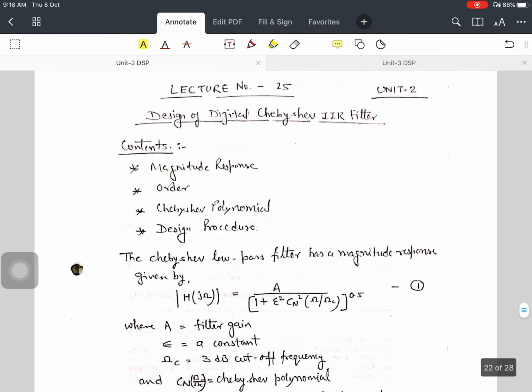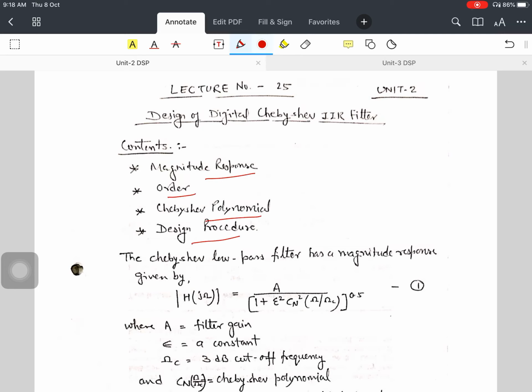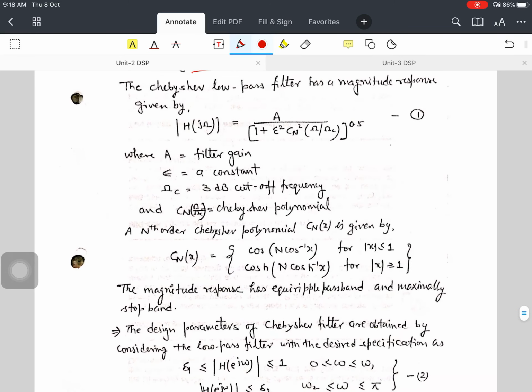There are some points to discuss: firstly magnitude response, order, Chebyshev polynomial, and design procedure. So let's discuss the Chebyshev low pass filter, which has a magnitude response, and the response function is given by